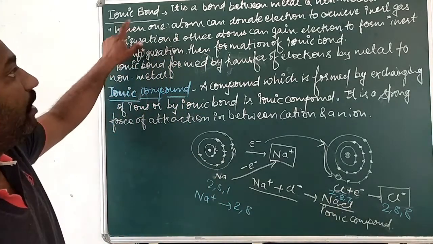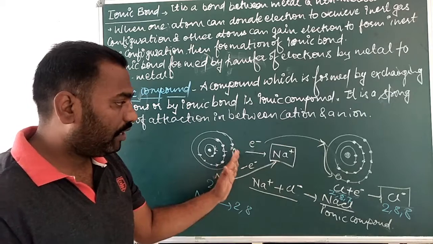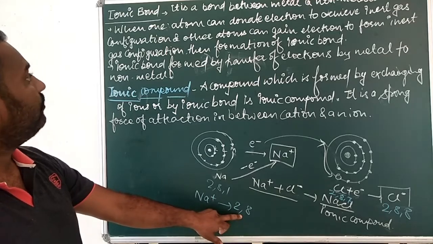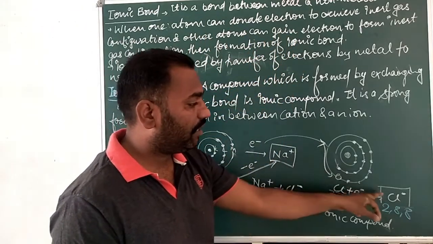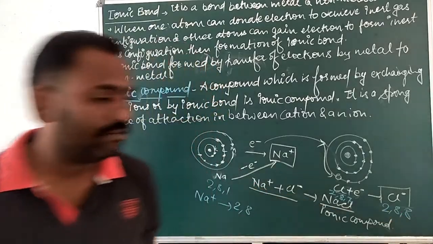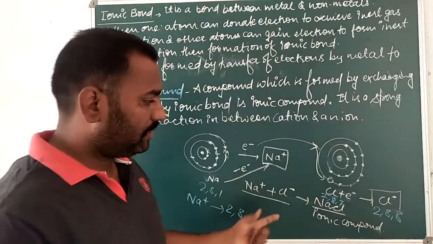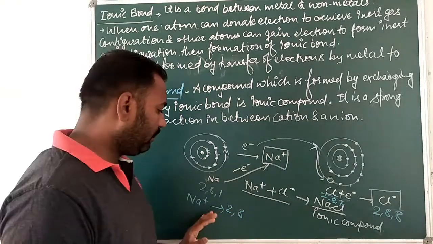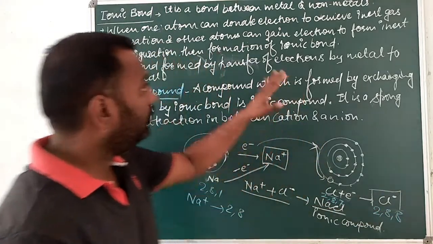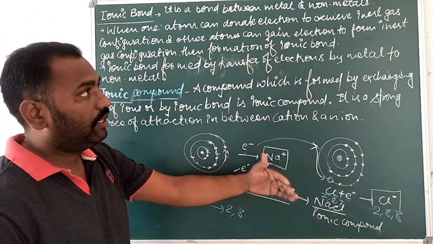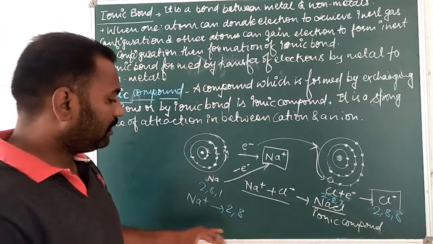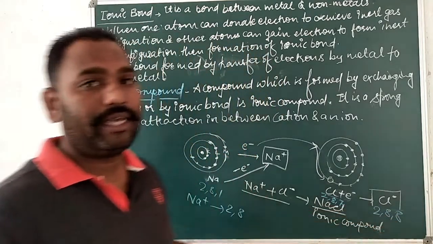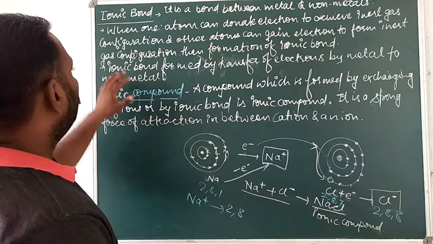So when one atom donates electrons to achieve this, sodium has already given its electron and achieved the inert gas configuration, and the other atom gains an electron. Cl has already gained one electron. In this way we see how the ionic compound is formed. 2-8-1 forms 2-8, and this is 2-8-8, the inert gas configuration. Because this is 2-8, the neon configuration, and this 2-8-8 is the argon configuration, they both are inert gases. So that's why we say